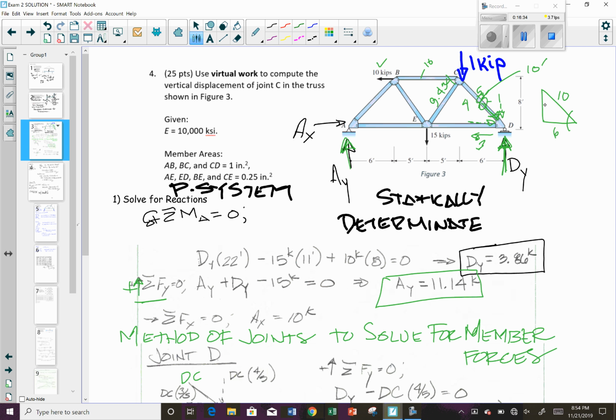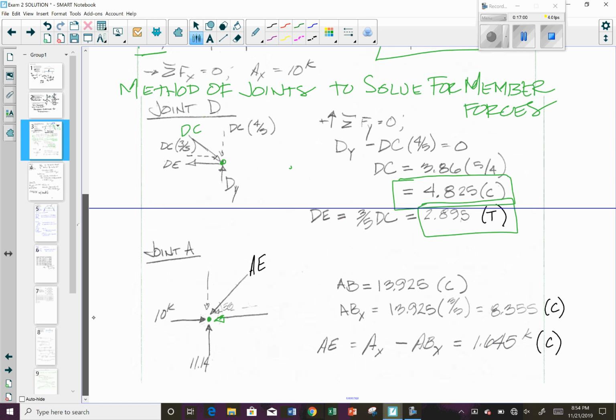6, 8 for the vertical, so that this theta, tangent of theta, is equal to opposite over adjacent, 8/6, so that theta is equal to 53.13. So coming down here, this angle is the same, 53.13 degrees. You can see there, 53.13 degrees. My AB member